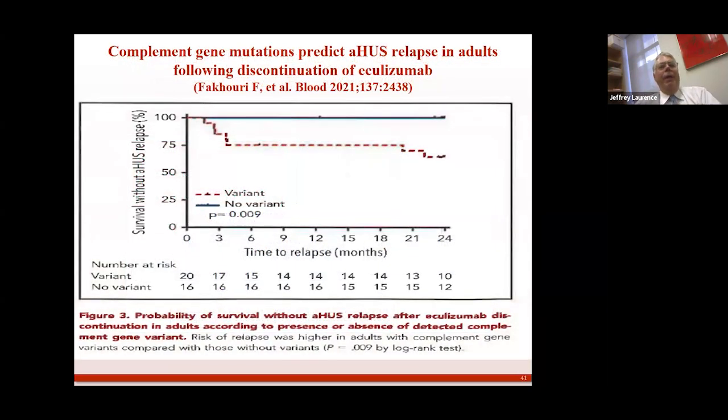This is from a paper published in Blood from a French study showing that if you're one of the 25 to 30% of patients that had no identifiable mutations, that's in that top line, then your survival with no evidence of relapse was at least 24 months. That's when they stopped the study. So we feel very good, if there are no mutations, about stopping drug with close follow-up. As I mentioned before, there's that little bit of a caveat that if you have these variants of uncertain significance, we very closely follow you.